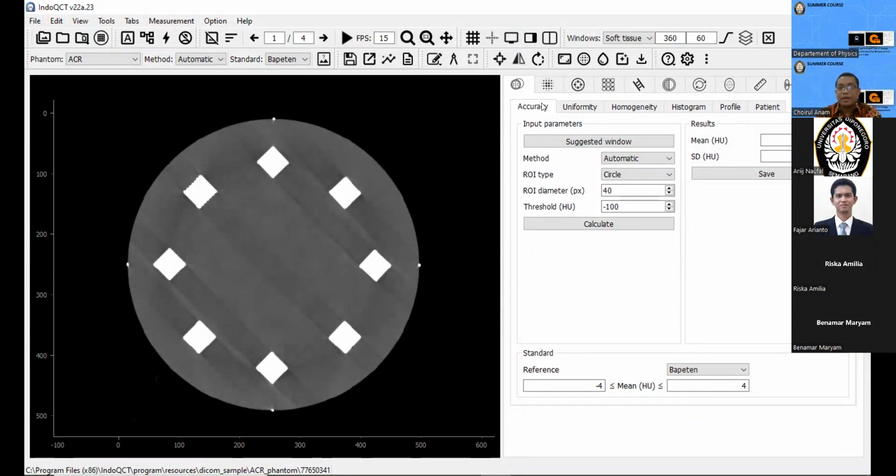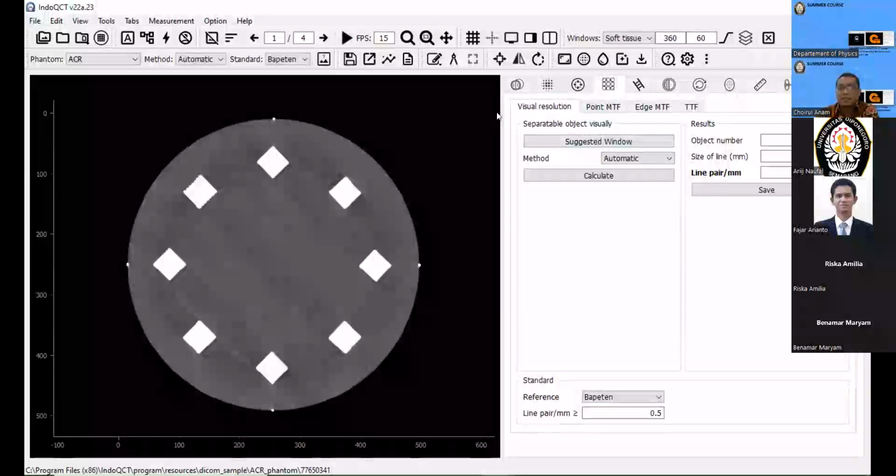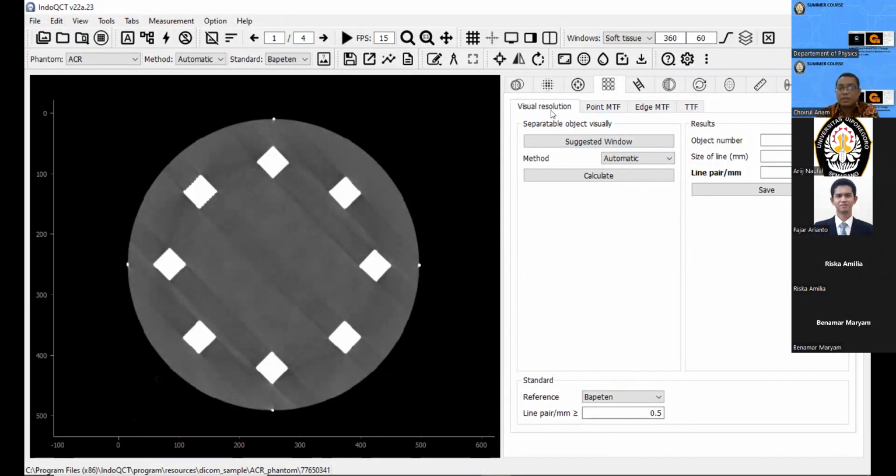For measuring the spatial resolution, we choose tab number 4. This has the options visual resolution, point MTF, edge MTF, and also TTF. In this example, we will try the visual resolution.